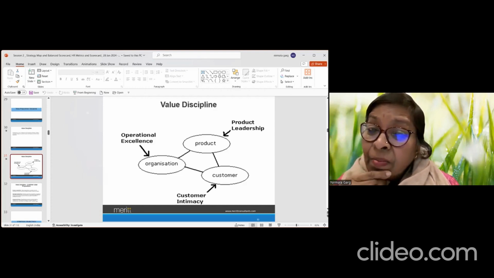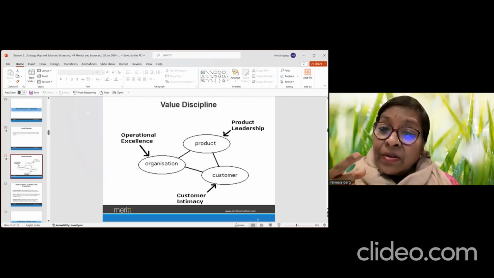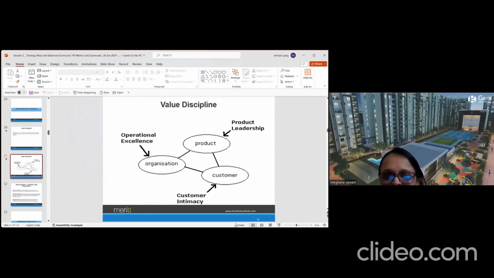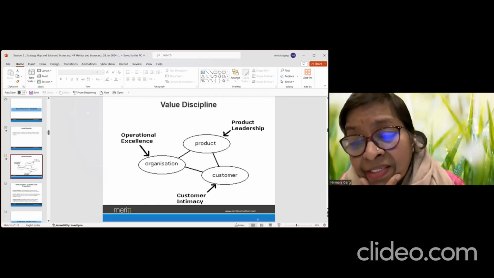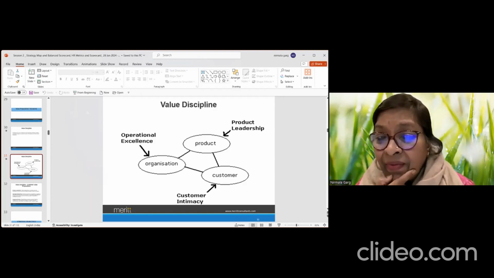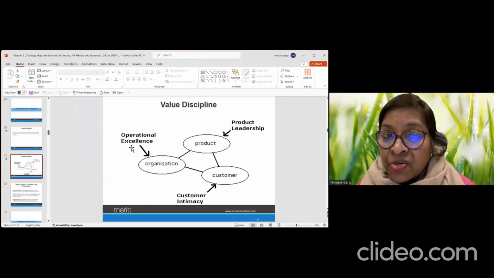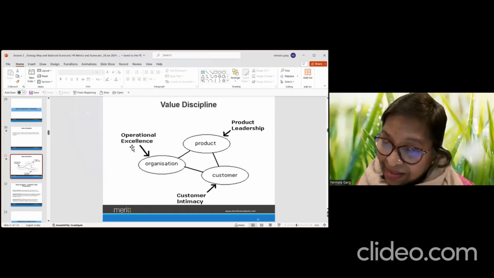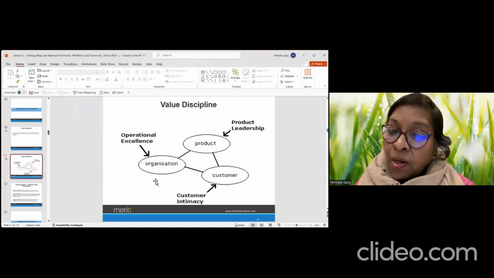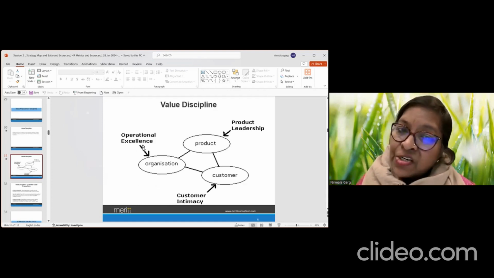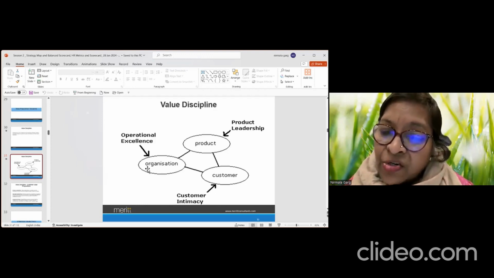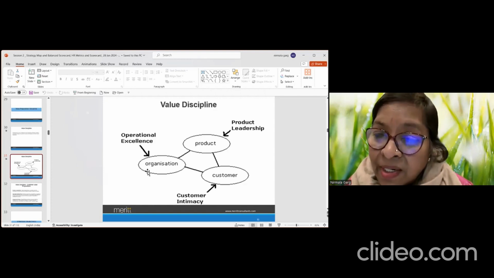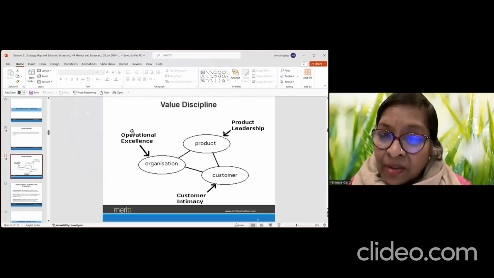Right? Why? Because for them, operating procedures are important, operational efficiencies are so important, productivity indexes are so important. So, what are they driving? They are driving operational excellence. Got it? So, Walmart, again, operational excellence. SCL, service organization, more in terms of operational excellence. Most of the BPO organizations, their business model is more into operational excellence.